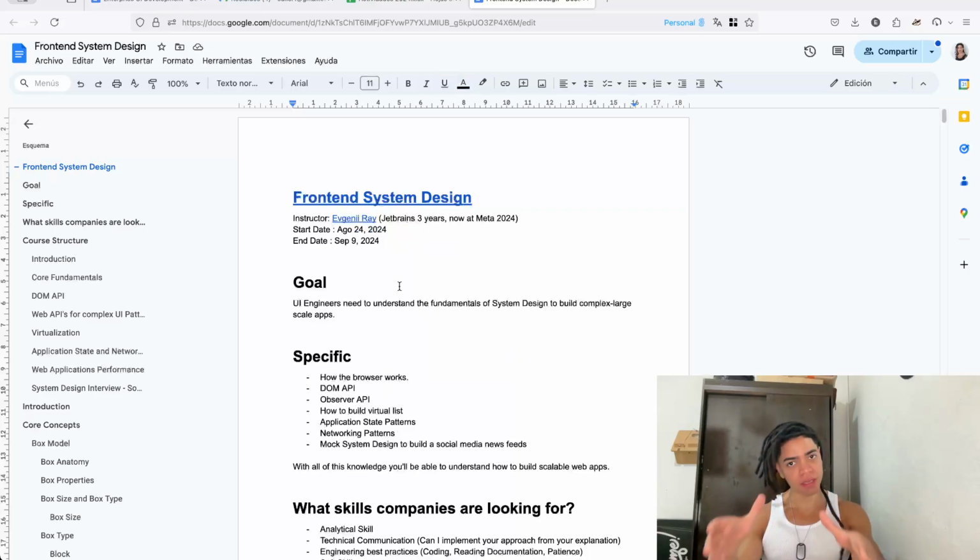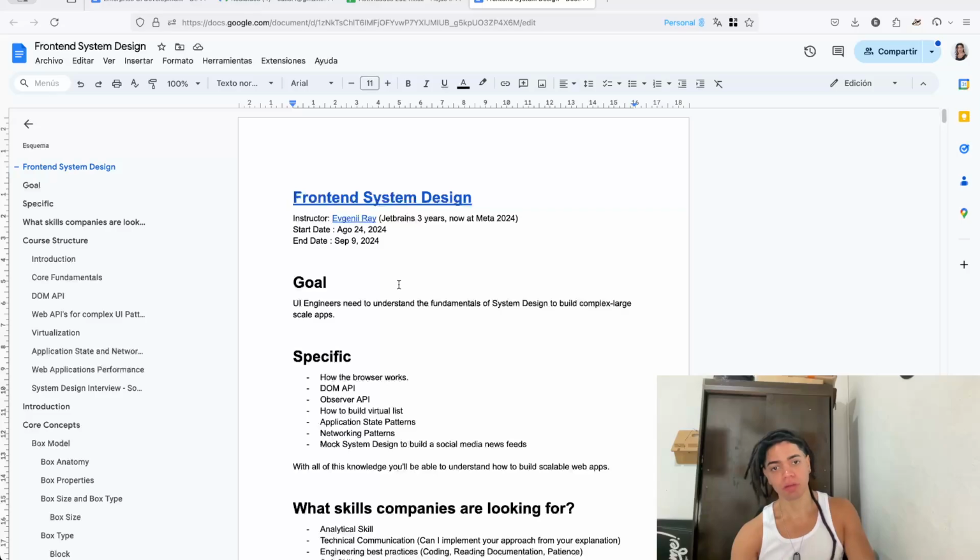He made this particular course for Frontend Masters as a way to understand what challenges UI specialists are going to face, and what fundamentals allow us to build large scale web applications. You may wonder, why do we need to look at that? Well, if you're going to provide this service as a UI developer, eventually you will need to not only build features or fix bugs, but also